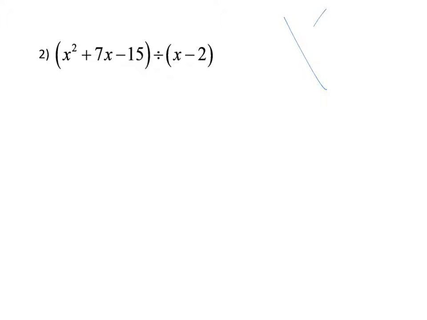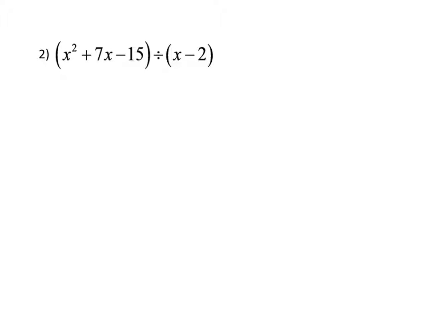If we tried to find factors of negative 15 that, when added together, give me 7, think of 5 and 3, but that doesn't even add up to be 7, right? And that's the only thing that 15 is divisible by, or 15 and 1, and that obviously won't get to be 7, so really there's nothing that will work here. But we know that x minus 2 probably can go into x squared plus 7x minus 15 some amount of times. So let's use long division, and we're going to say x minus 2,